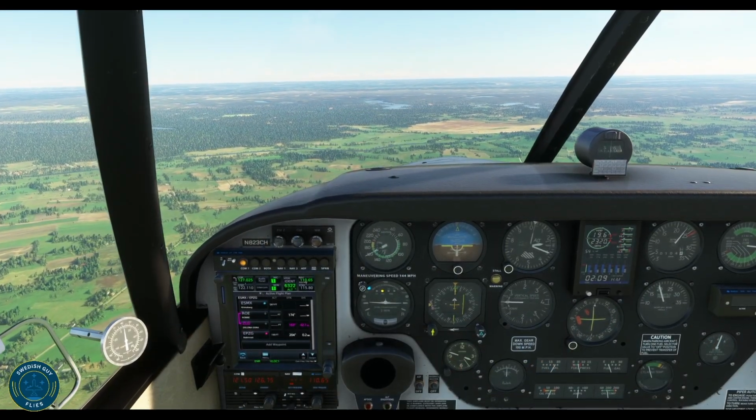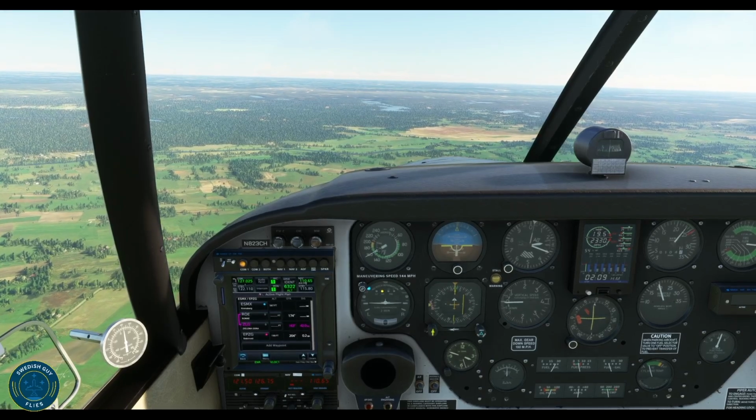Piper 823 Charlie Hotel, Warsaw Radar, Dzień dobry, altimeter